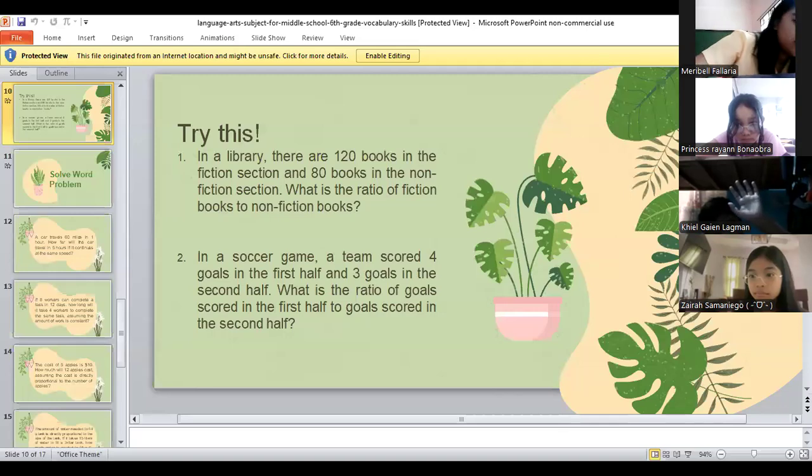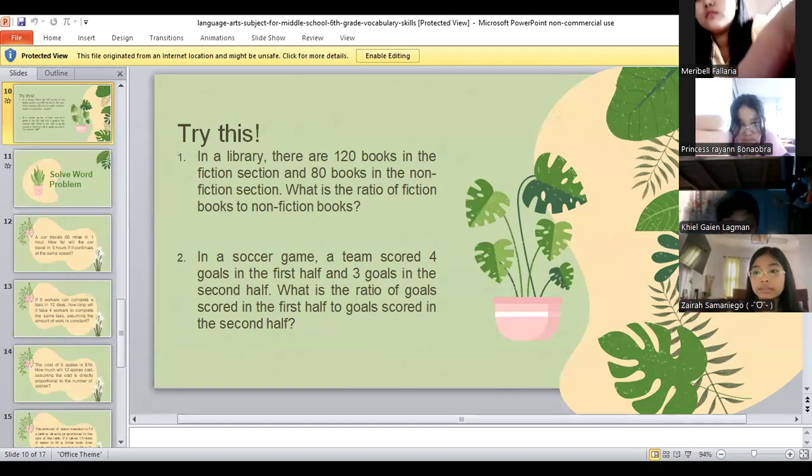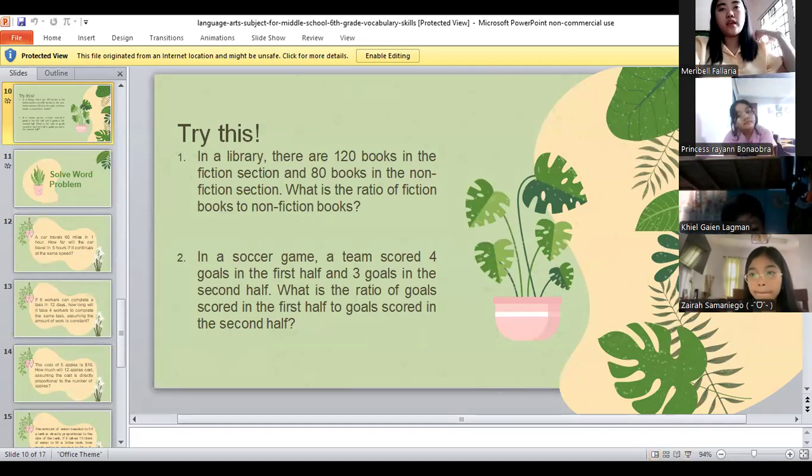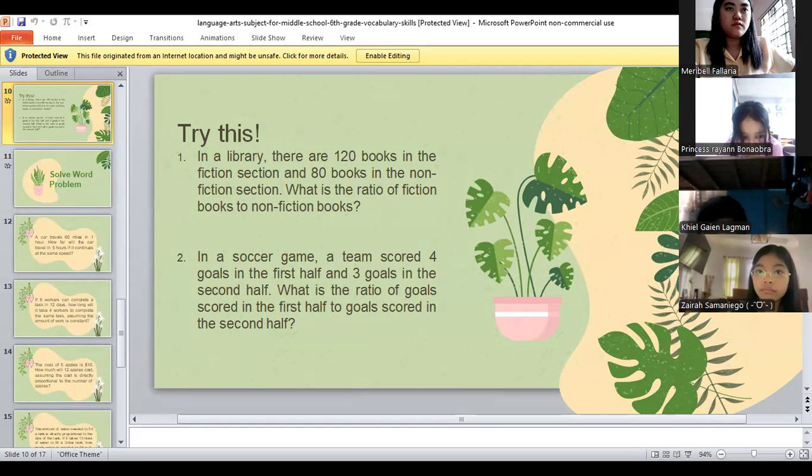And so what if we apply it into the word problem? So let me share my screen to you. Can you see the presentation? Yes or no? I can only see the PowerPoint. It says file, home, insert, design.